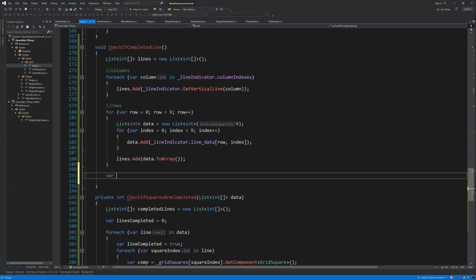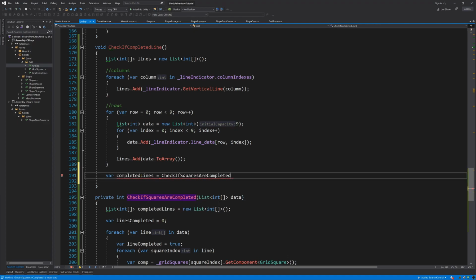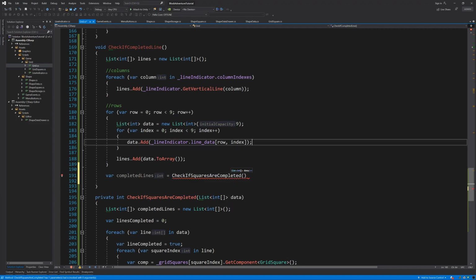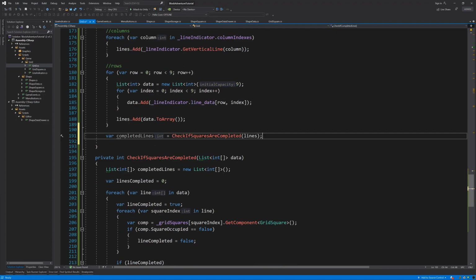So var completed lines will be equal to, and now we can grab our check if square are completed function, and we can input our lines data in it. So this function will return the number of the lines that are completed, and we're gonna make use of this variable